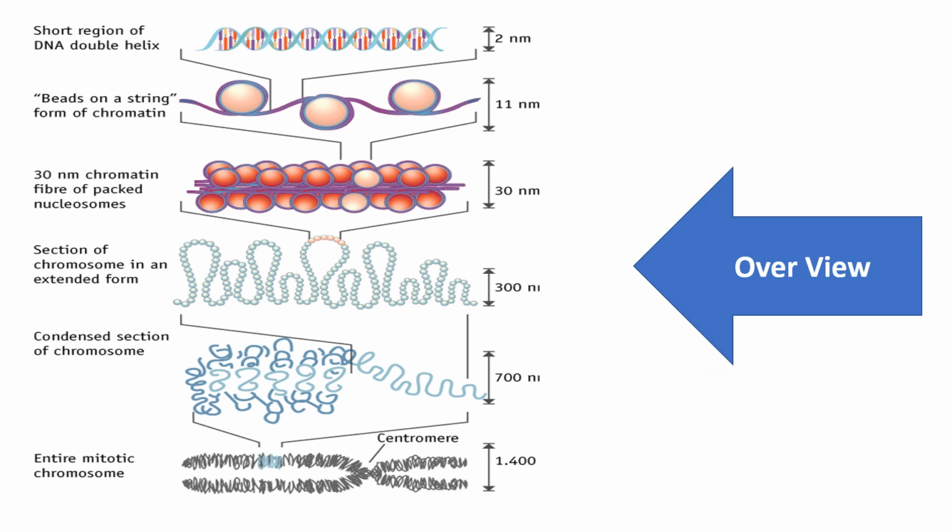Now this is the overall picture of the organization. We have the naked DNA, which is 2 nanometer width, which then forms a nucleosome structure or a beads-on-string structure, which then folds to form a 30 nanometer fiber. This 30 nanometer fiber can be of a solenoid pattern or of a zigzag pattern. Now this 30 nanometer fiber will form coil-like or loop-like structures on the basement nuclear scaffold protein. These loops will coil upon themselves to form mini bands, and each band consists of 18 loops. Now these mini bands will arrange to form the chromosome.